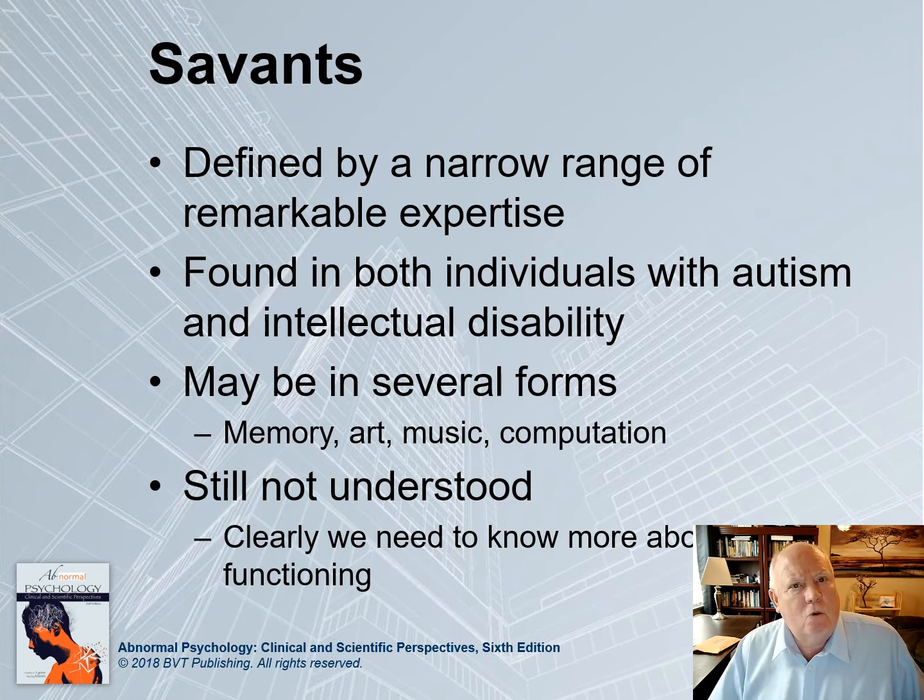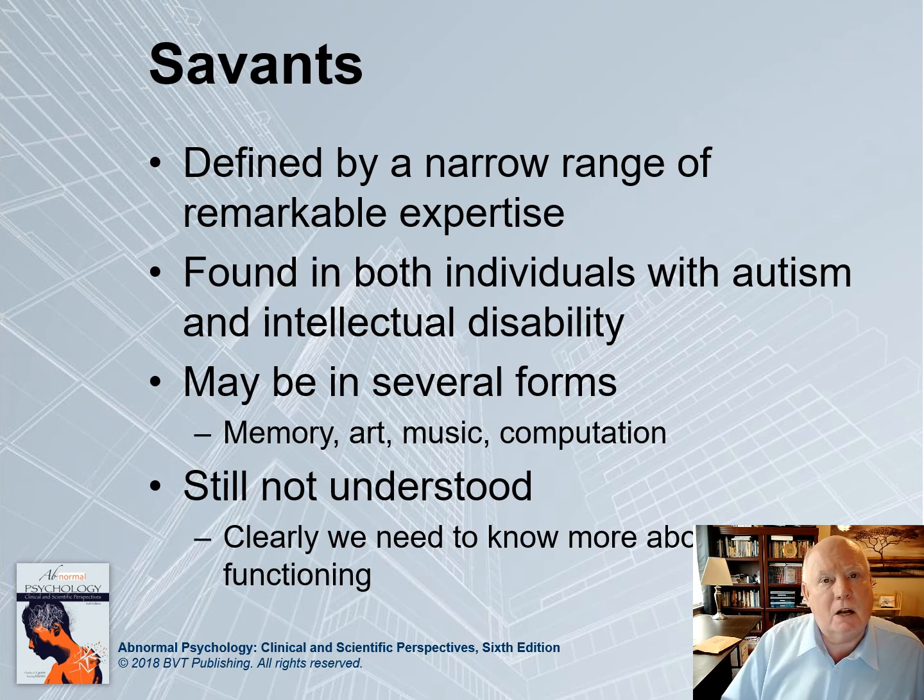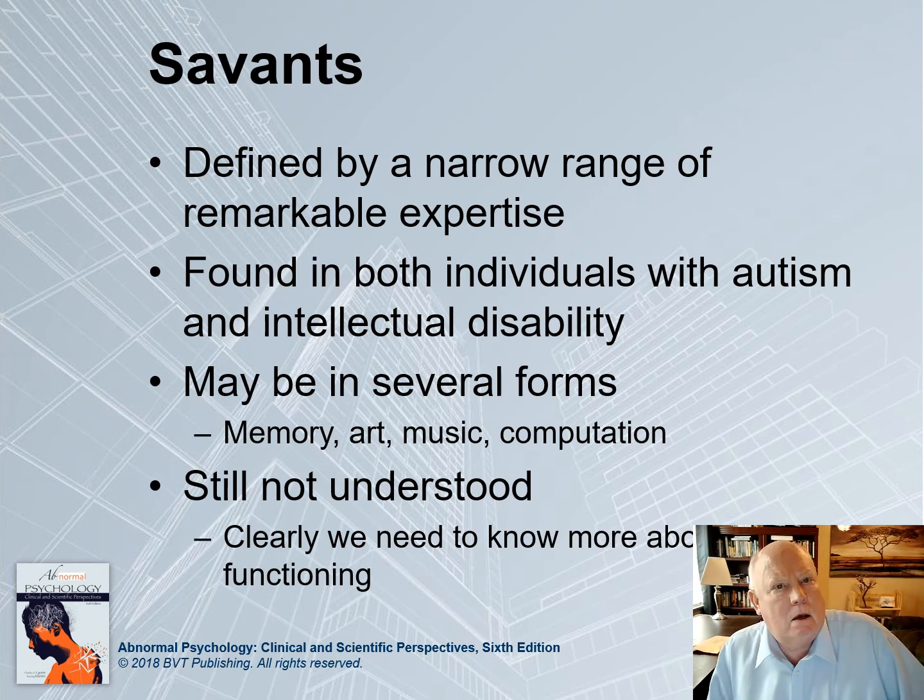If you've seen the movie Rain Man, you have an idea what a savant is. What in that movie was incorrect is that Dustin Hoffman, who played the individual with mental retardation, actually was a savant in several different areas, and that rarely happens. Now, the savant skills may be in other areas, not necessarily what we think of as intellectual areas.